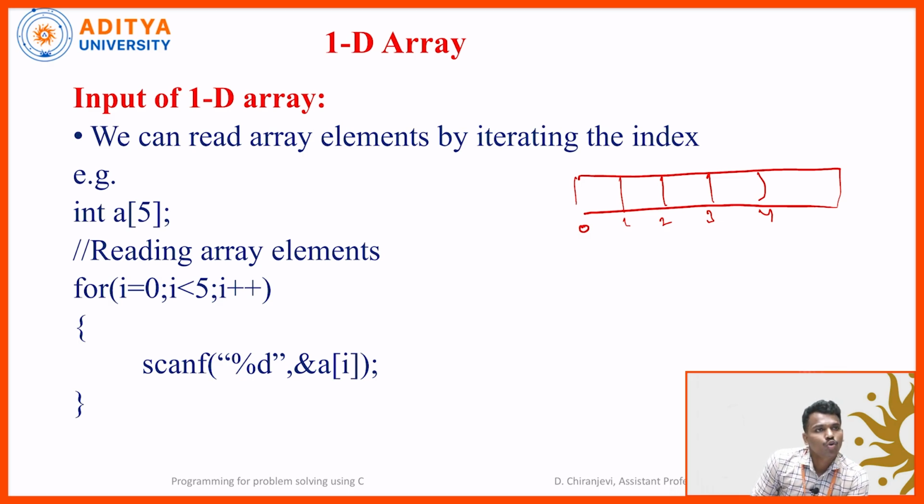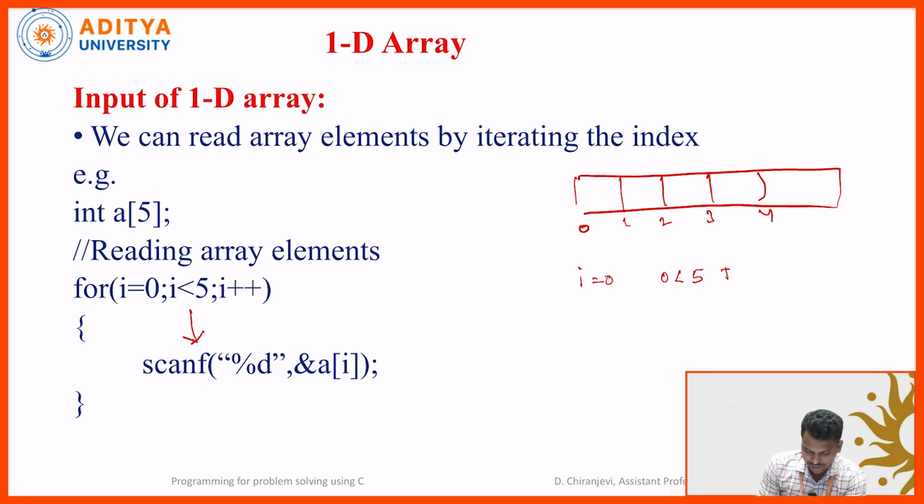by using a loop we can perform this. So here a loop is taken. The loop initializer I is initialized to 0. Now you are checking I less than 5. I value 0, so 0 less than 5, yes, true. If it is true, now control will be transferred inside the body. Now you are reading A of I. A of I means you are reading A of 0, because I value is currently 0.